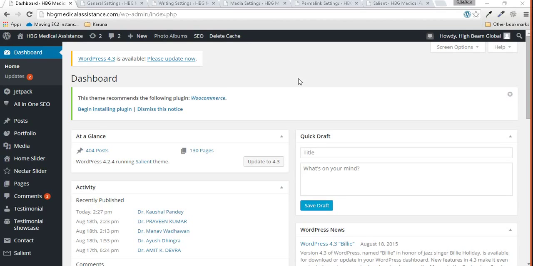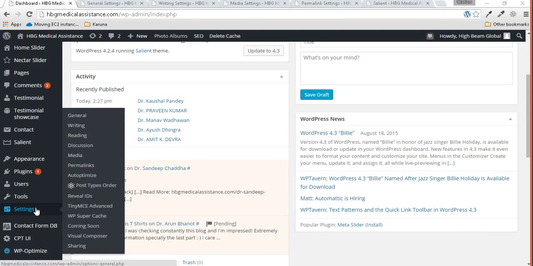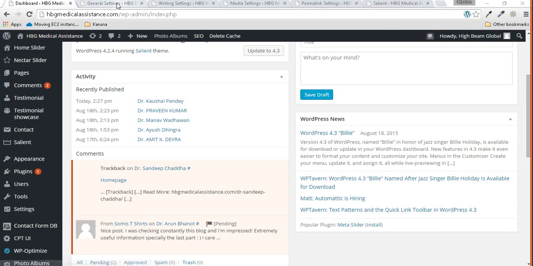If you install a theme on your WordPress dashboard, the theme itself will generate its own type of settings for customization in the later stages. So right now let's scroll down and you can find settings here. Here we are only worried about the first 6 links. So if we take these first links, I have already opened these tabs here.